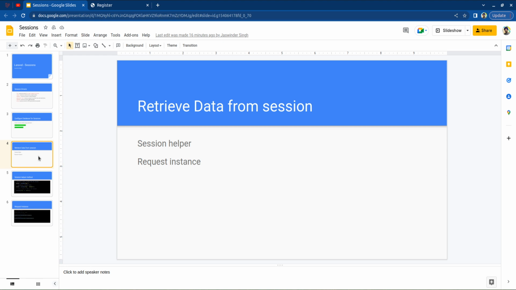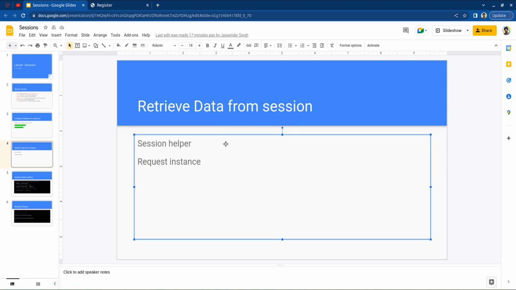Or if you are developing an e-commerce application and you want the user to be able to select some products to purchase, I can put it inside the session, and later on I can persist it into the database once the user logs in, or by any means I can persist the data. So now putting and retrieving the data from the session can be done with two things: the session helper